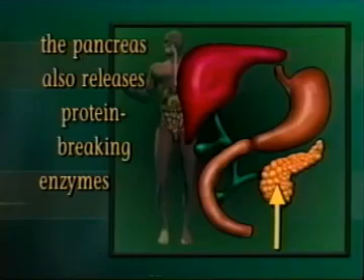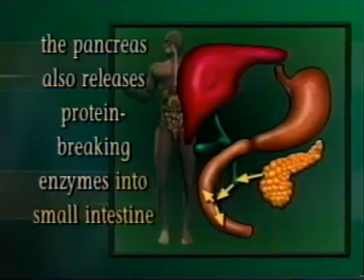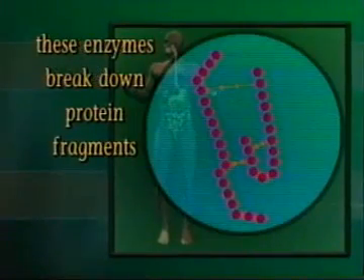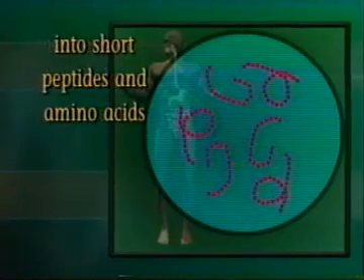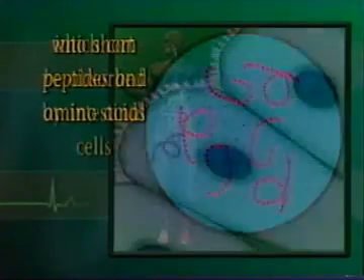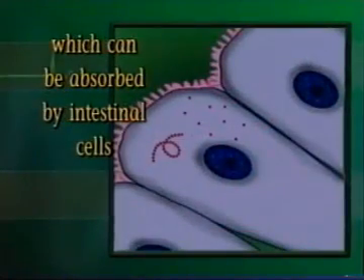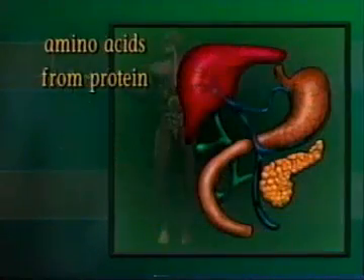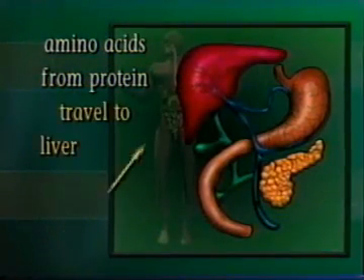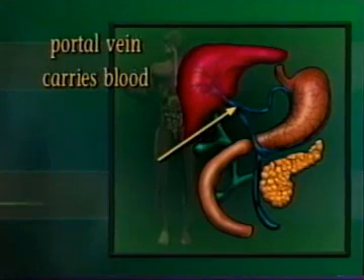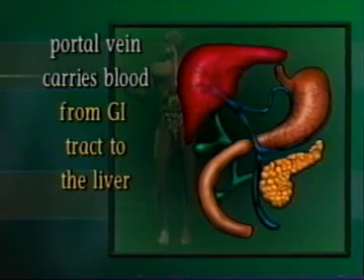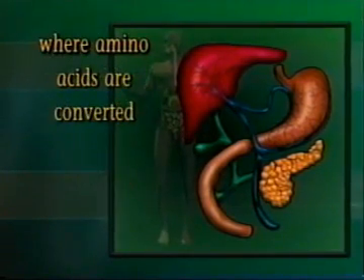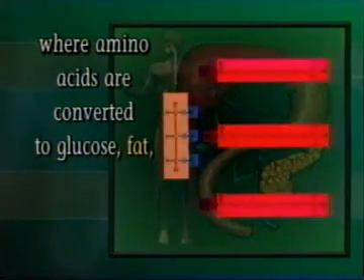The pancreas also releases protein-breaking enzymes into the small intestine. These enzymes break down the protein fragments into short peptides and amino acids, which can be absorbed by the intestinal cells. The absorbed sugars from the carbohydrate enter the bloodstream. The amino acids from the protein travel to the liver through the portal vein, which is the vein that carries blood from the GI tract to the liver, where the amino acids are converted to glucose, fat, or put